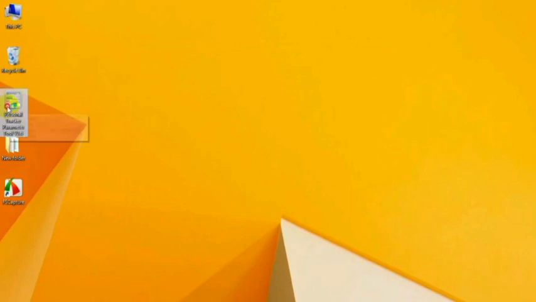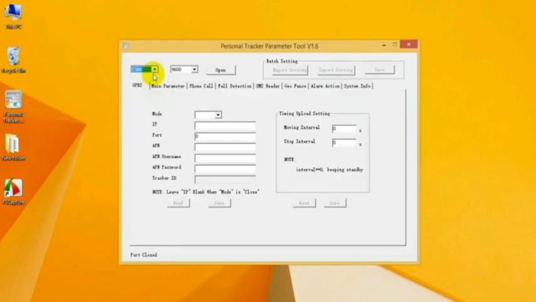And open parameter tool and choose the correct COM port. Usually the COM port will be automatically selected here. If not,